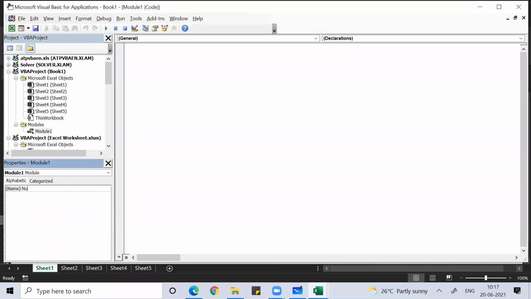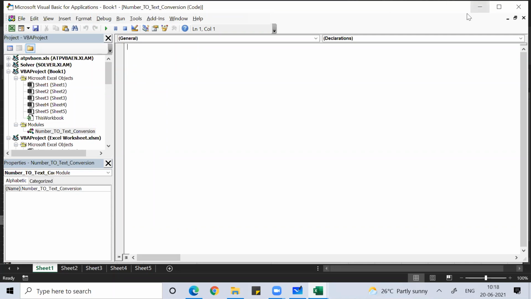Here, don't put spaces: number to text conversion. Don't put spaces, guys. If required, you can put some connectors to connect the words. So you can paste the code here. You can see number to text conversion, this is the module I have created. Once you paste your function here, you will see SpellNumber. You can see SpellNumber in your MS Excel.